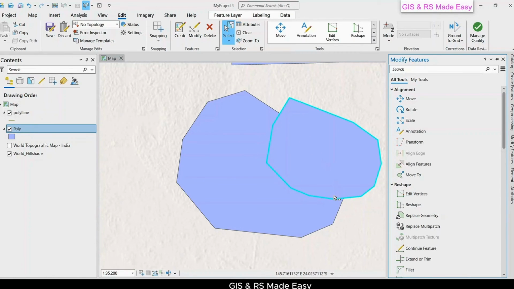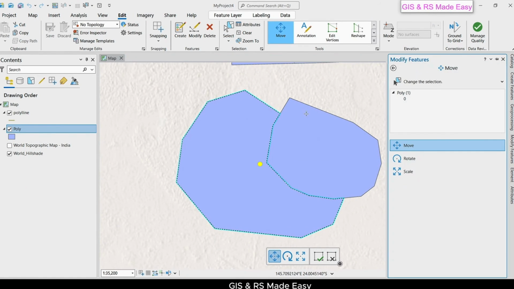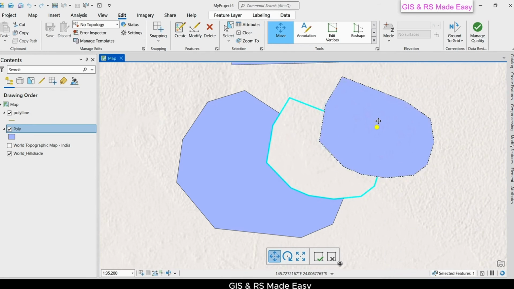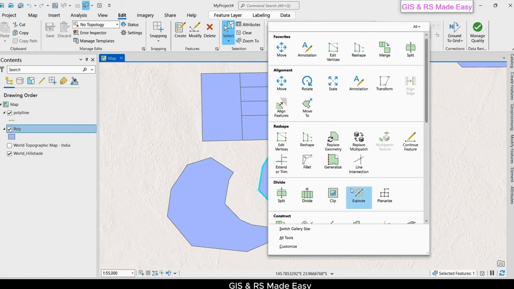This portion of the polygon is discarded. Let's see this using move tool. Move. See, we have clipped this polygon using the shape of this polygon. We can also clip using the buffer distance. Let's select this polygon and click on clip,